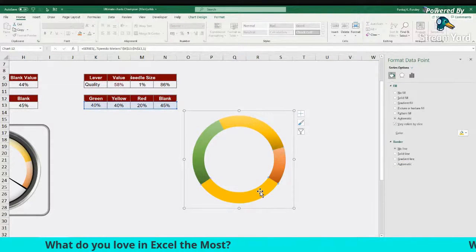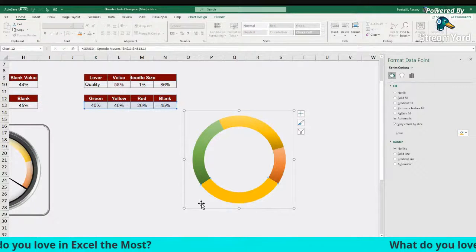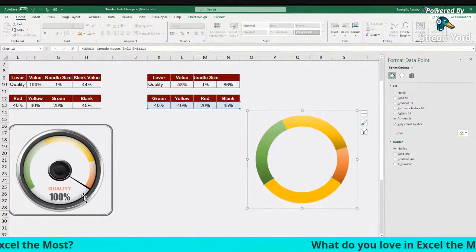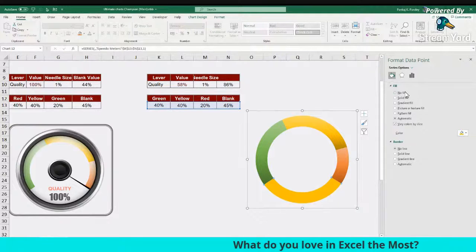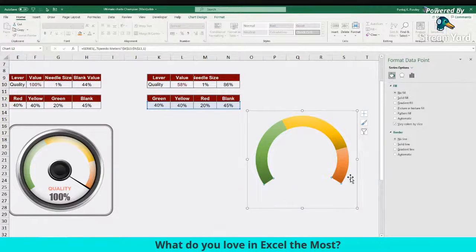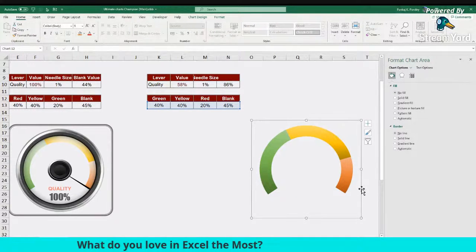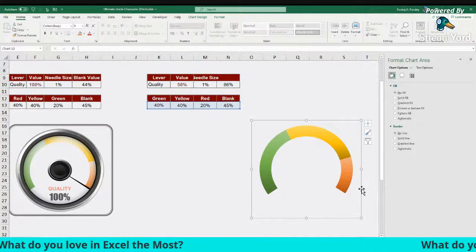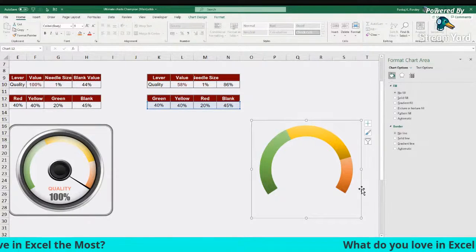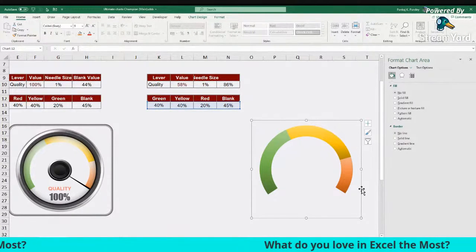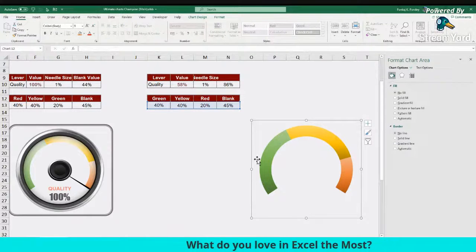This one, I don't want any color for this because this is blank. See, right now it's blank. So I will say this is no fill. When I say no fill, then it looks like this. Okay, so now I know this looks like this. Now I know that I have green, yellow, red. So the base is clear. All I have to do now is